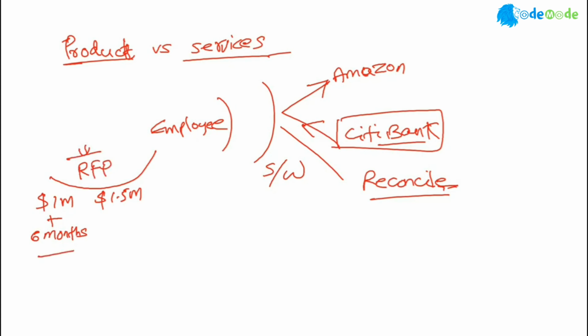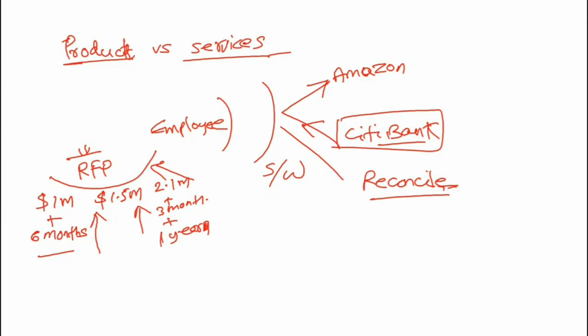Vendors like Infosys, Wipro and others respond saying, okay, I will do it for 2.1 million and I'll take 3 months. Plus I will give 1 year warranty, all support for 1 year, any maintenance, I'll do it. Different companies give a timeline, the services they're going to offer, and the quality of resources they will provide to build the software, and the total cost, which in the majority of cases is not to exceed. That means it cannot exceed more than 1 million.